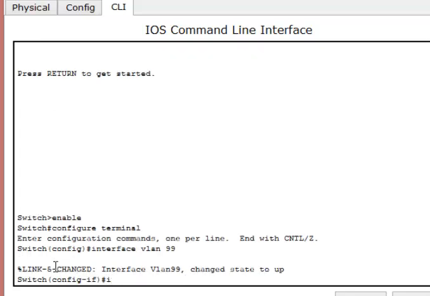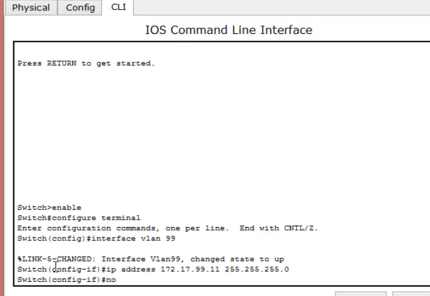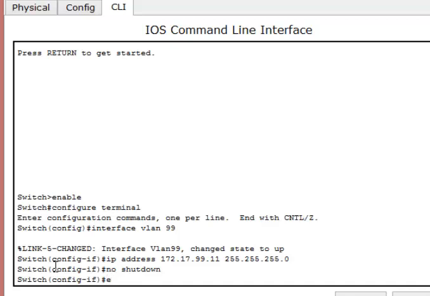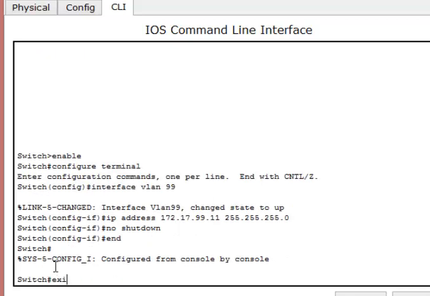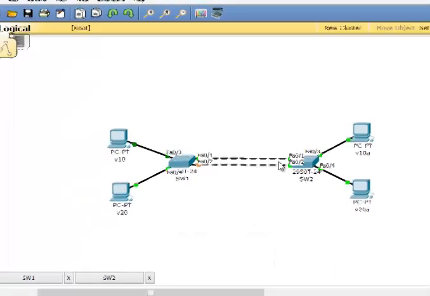The IP address of it is 172.17.99.11, 255.255.255.0, no shutdown. Type end, exit.